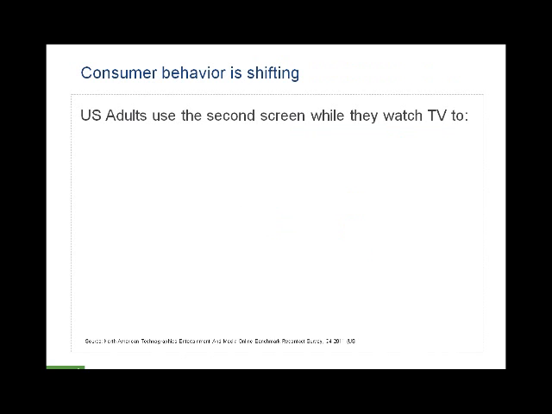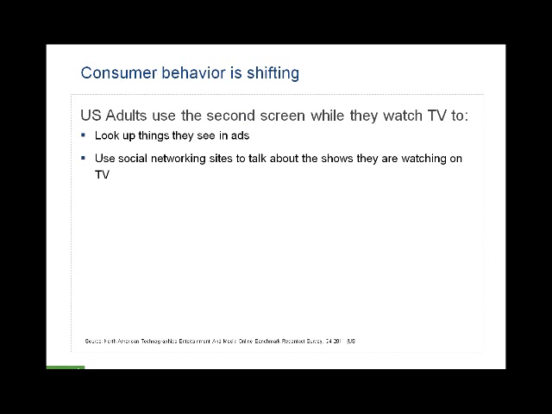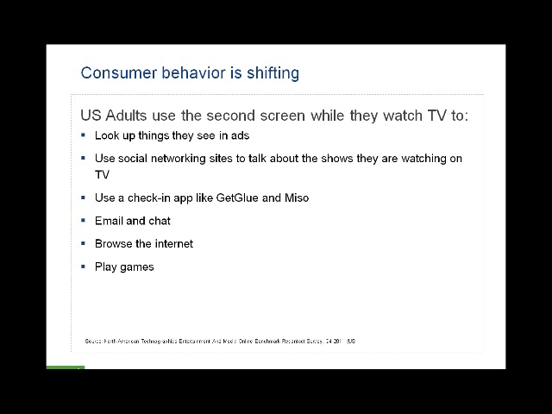So U.S. adults really use the second screen while they watch TV, to look up things that they actually see in ads. They use social networks to talk about the shows that they're watching on television. So things like Facebook and Twitter, which is how this kind of shift began. But we'll take a look at how there are some increasingly new social networking sites. They also like to use check-in apps like GetGlue and Miso. They email and chat with their friends and family. They browse the internet. They actually play games,